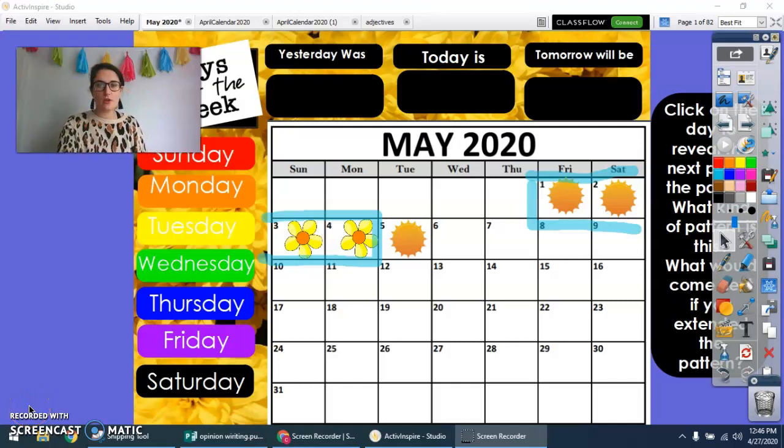All right, so we have determined our core yesterday, which was sun, sun, flower, flower, which is an A-A-B-B pattern. So yesterday we started with a new piece for the sun in our pattern. So what does that make it for today? Let's see if you're right. It is another sun, so I have my A part of my pattern. All right, so today is